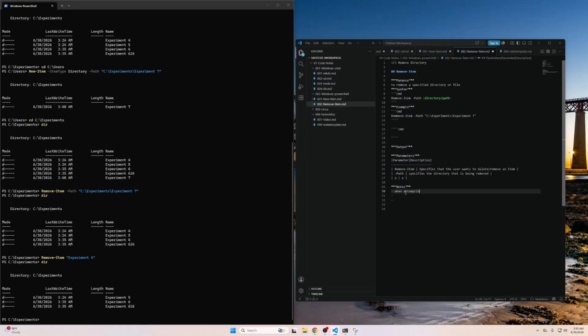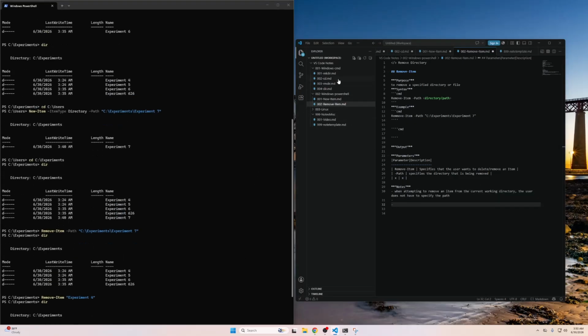So when attempting to remove an item from the current working directory, the user does not have to specify the path. So that was worthwhile. That was worth that experiment. Perfect. All right, and then we've already verified that change directory works. So we can also just add in here,